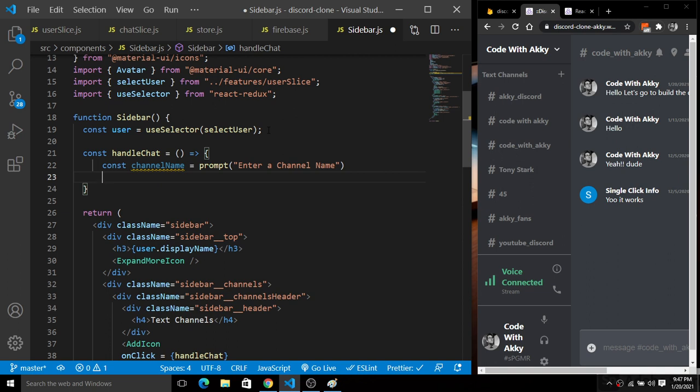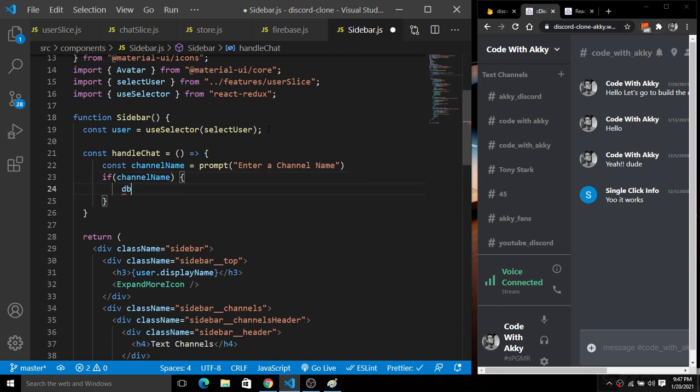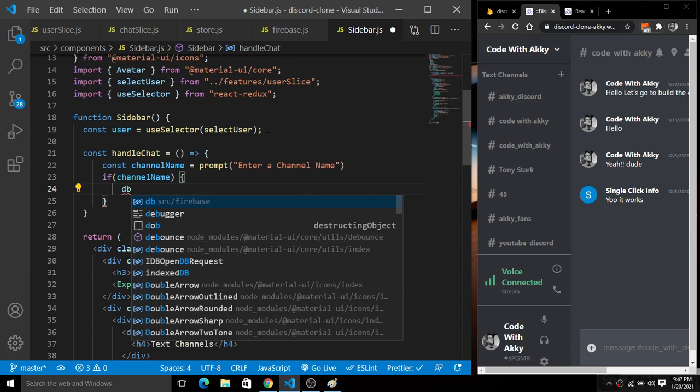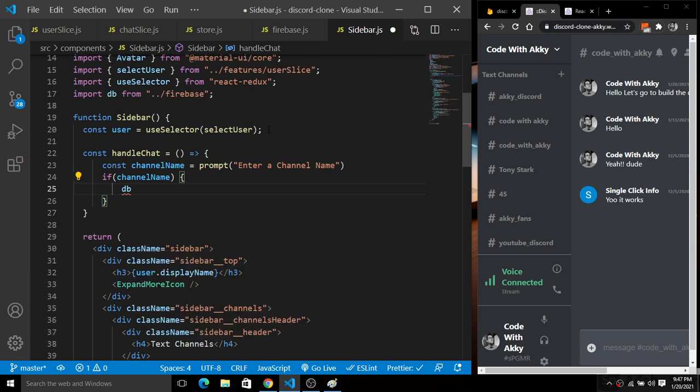Okay, fine. And we will simply push this channel name directly to the database. So if there is a channel name, meaning if we have this channel name, then simply push this channel name to the database. So simply db, you have to import the db from the local Firebase, and so db.collection.